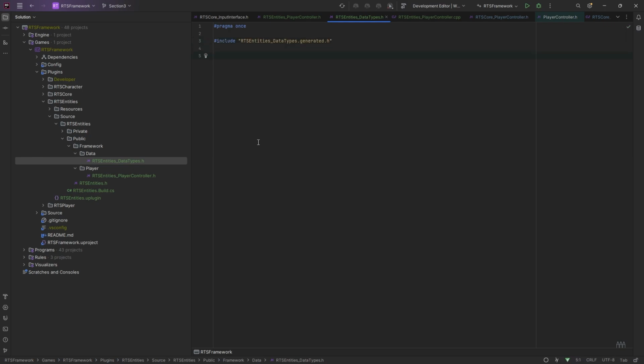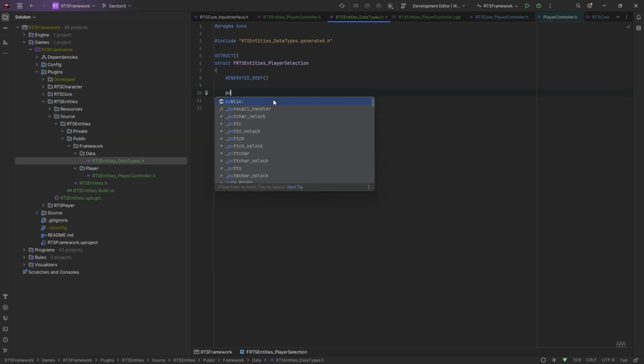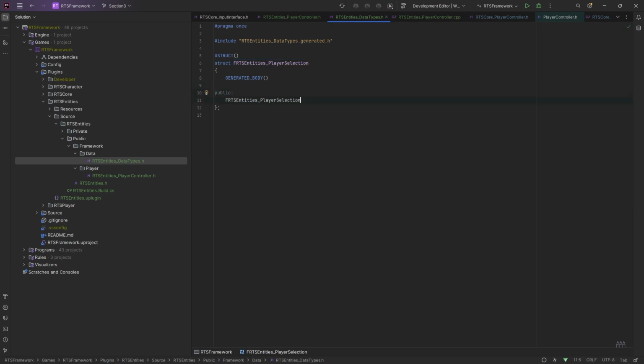The first thing I'm going to do is create a struct for our selection. I'm going to call it RTS entities selection. We're definitely going to need a constructor for this. Like that. And our first variable, we're going to